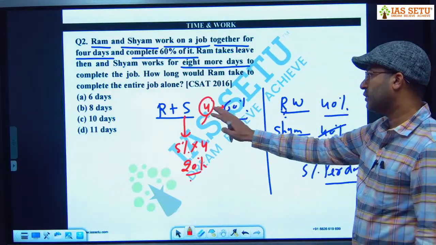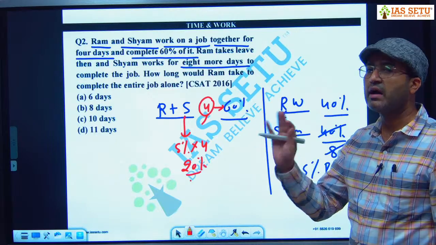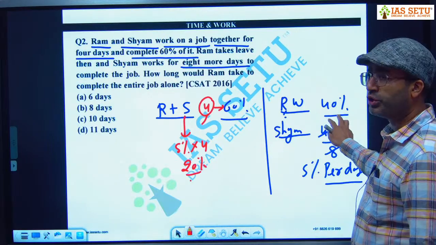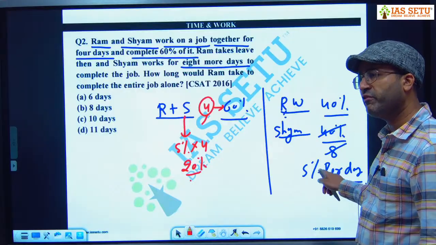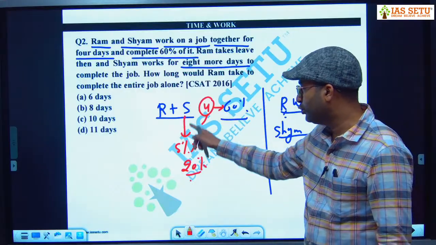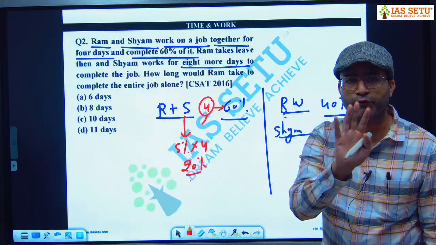I repeat, Ram and Sham together in 4 days they do 60% work. Then Ram left the job. So remaining 40% work Sham alone is doing in 8 days. So what is the capacity of Sham? 5% per day. So by using this, where in initial phase Ram and Sham together work for 4 days,